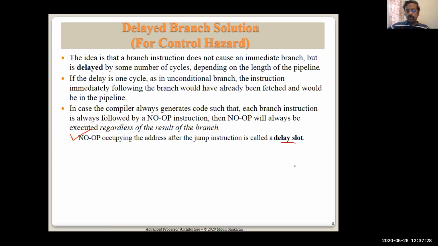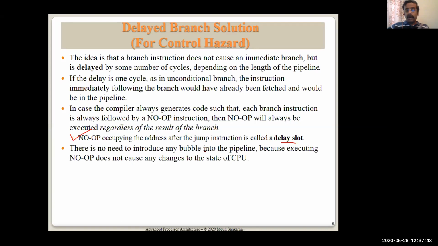Now, by now you should know what is the delay slot. Delay slot is the instruction just next to the jump instruction. Let me call it an unconditional jump. Even for conditional jumps, the delay slot is the same. There is no need to introduce any bubble in the pipeline because the existing no op does not cause any